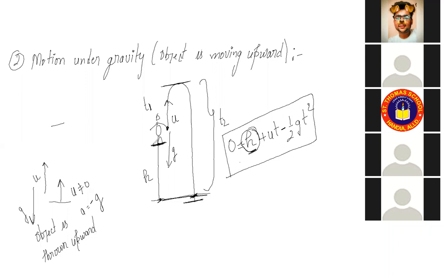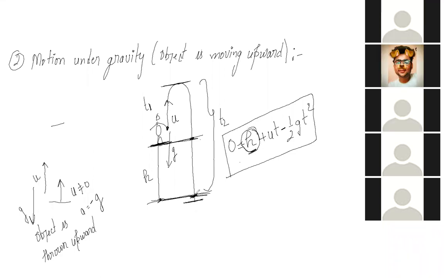No, with respect to the tower, it can't be 0, because once it reaches this point, only then will the displacement be 0 with respect to the tower. If you are saying with respect to the ground, I am just adding this much height and this will come to this point. Now the displacement will be 0. Sir, but the ball is thrown from the top of the tower, so why will the displacement be 0? If the ball is thrown from the ground, then it will be 0, na sir?